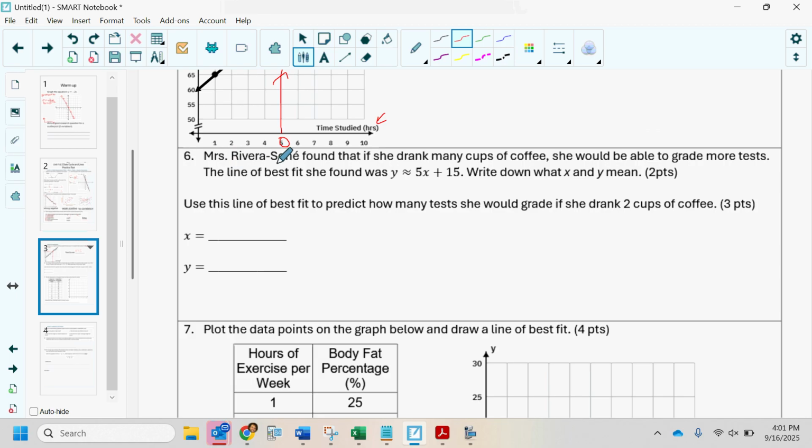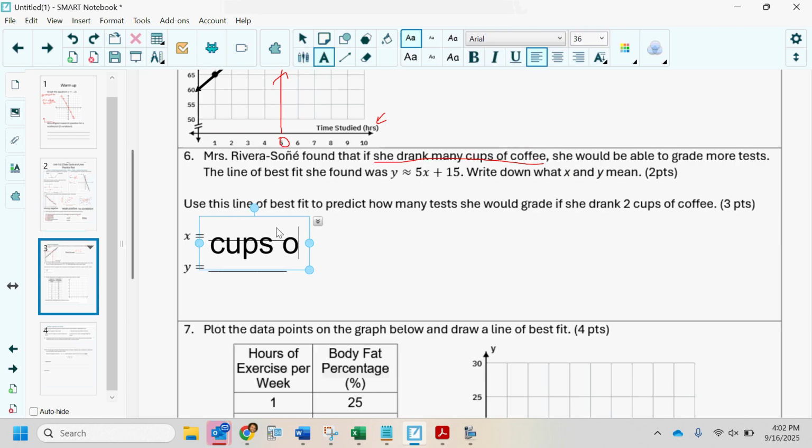Now our next one. Miss Rivera Saunier found that if she drank many cups of coffee, she would be able to grade more tests. The line of best fit she found was given by y is approximately 5x plus 15. So this is our equation of a line that we can use. So now we want to write down what x and y mean. So x is going to be our IV, a thing that we can control. And so what can she control? She can control how many cups of coffee she drinks. So the x is cups of coffee,